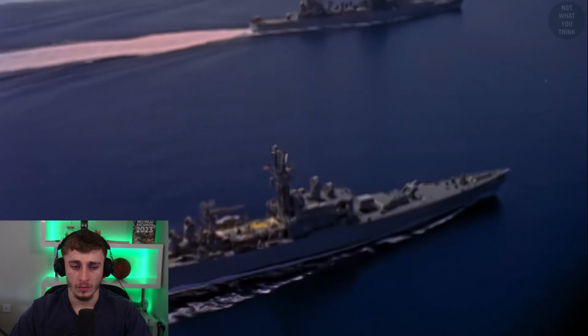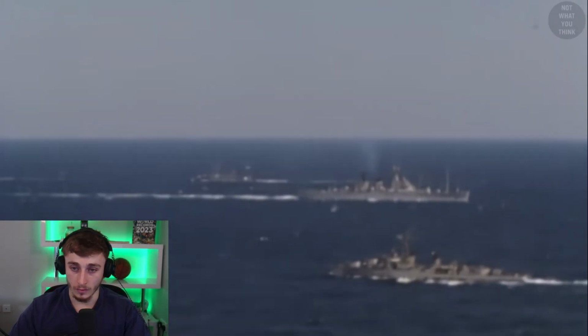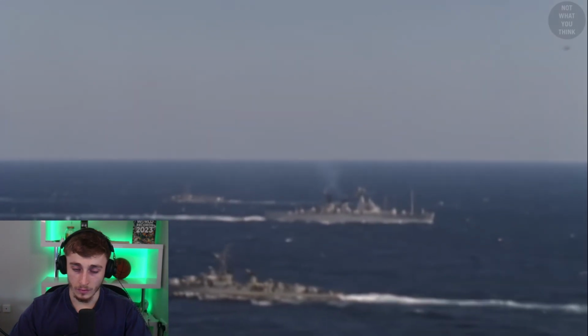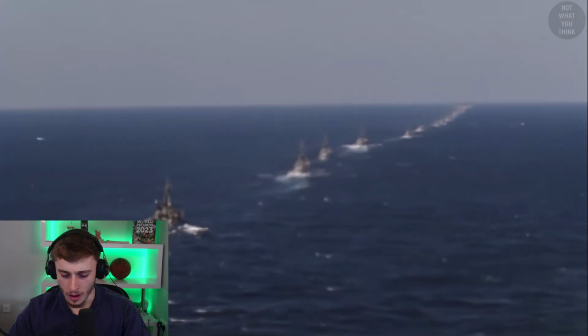But Bainbridge class never really took off due to its cost, as the price of one nuclear destroyer equaled 3 to 4 traditional ones. The US Navy wanted a quantity of ships, and nuclear-powered ships